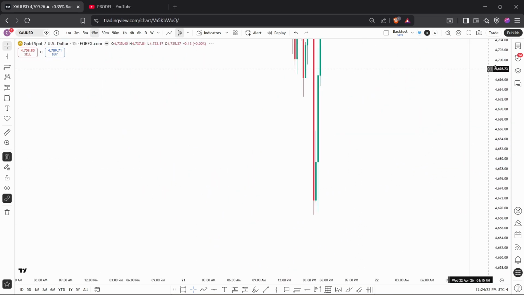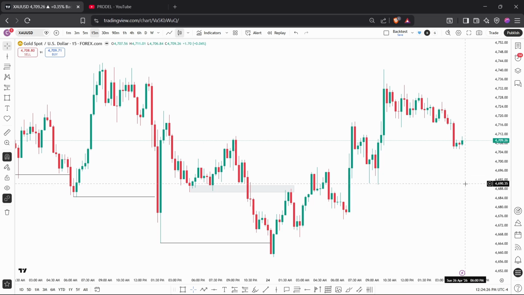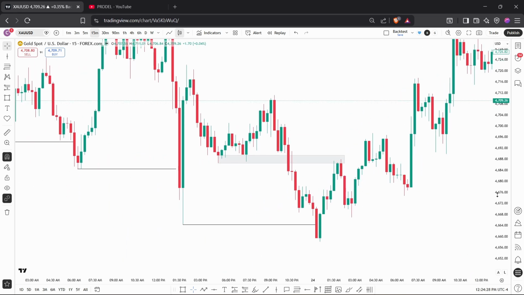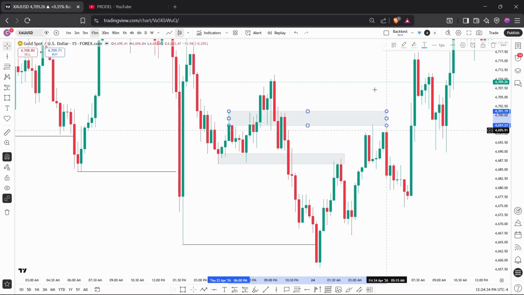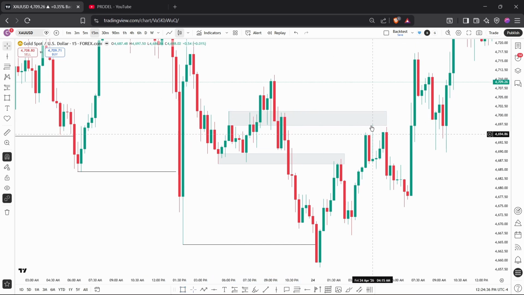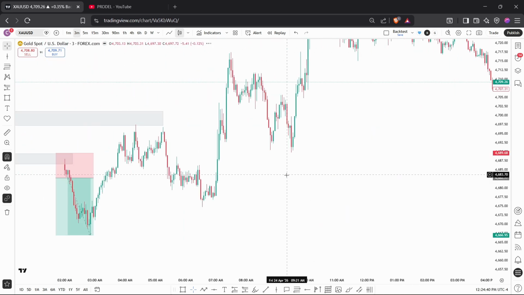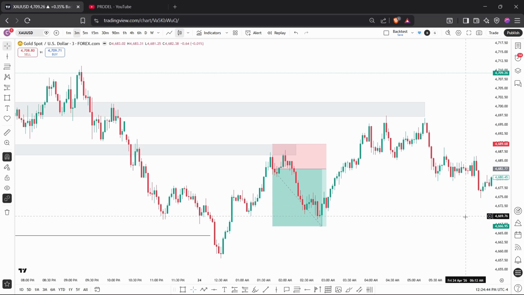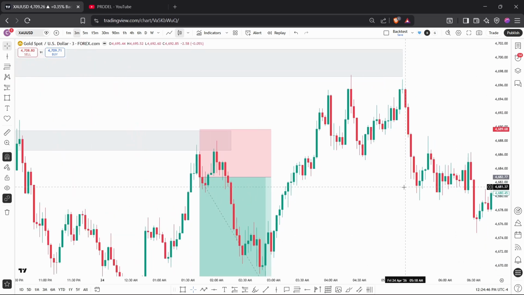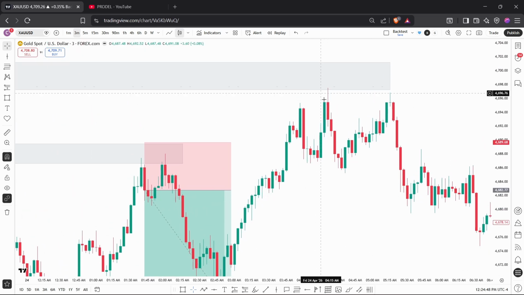And again you can see there is another level from here. You can mark this like this, and here the market taps on this level, and I went to the 3-minute time frame, and here you can see after tapping this level, I look for